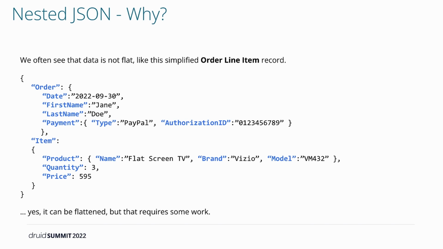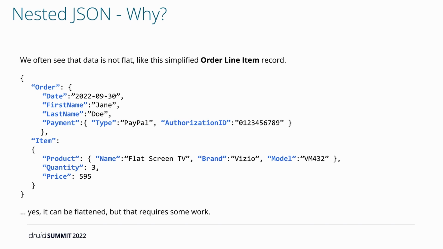So this allows us to be very expressive with details about things such as an order line item, where the payment may be different and may have different attributes. So the portion of the order is a different structure than the portion of the item that's being sold, as an example. The product within the item has different fields inside it to describe it. Anyway, it provides a very expressive form of data that tells us about relationships between the data,